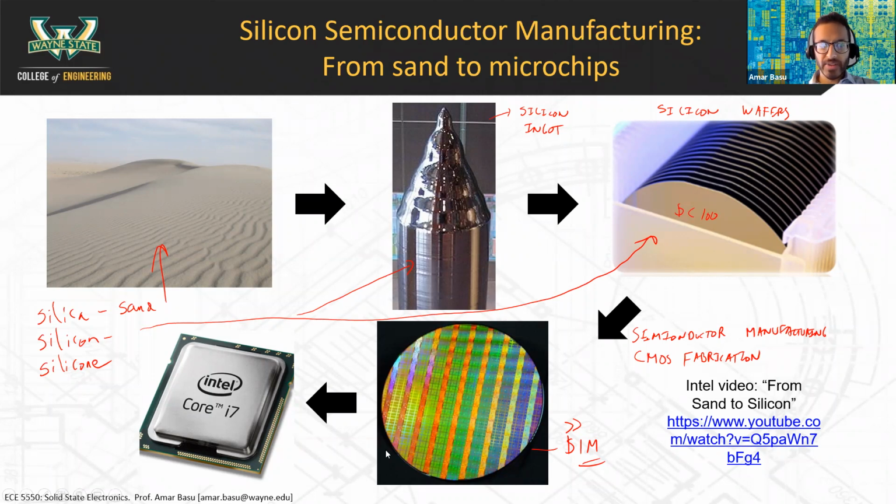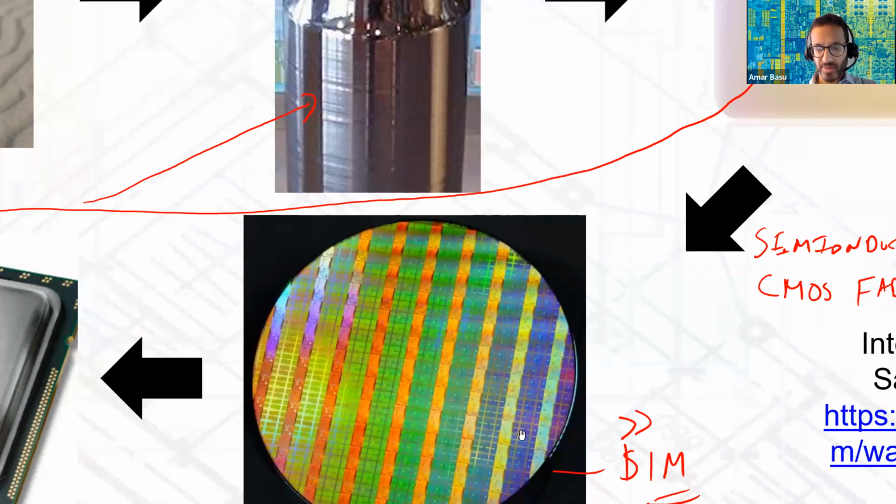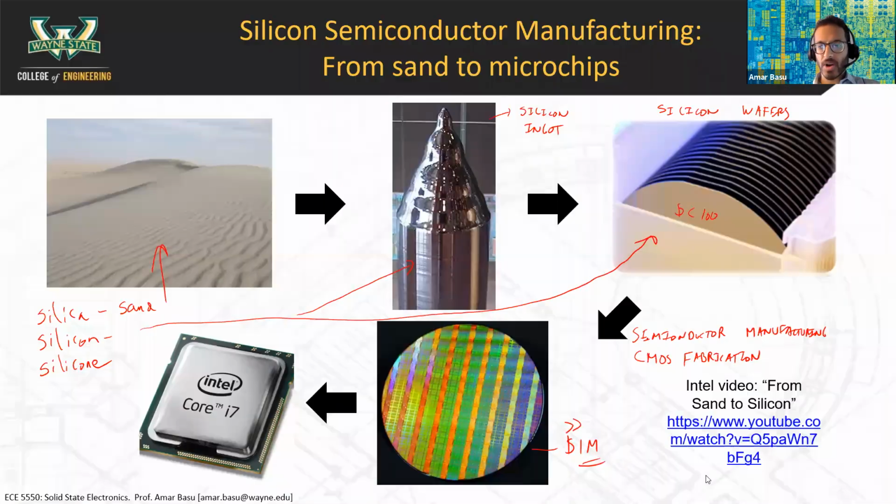But one of these wafers, after they are fabricated, like I said, could contain hundreds of microprocessors that are laid out here. And you basically cut vertically and then you cut horizontally. So you cut it into little squares, and each one of those little squares, if you can kind of look here, is actually a microprocessor. All right, now that I've talked you through this, let's watch the video so you can kind of get a sense for